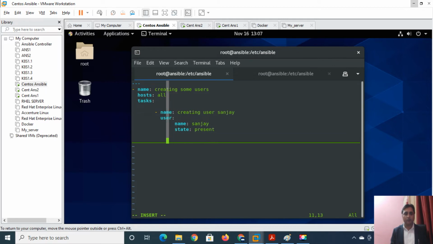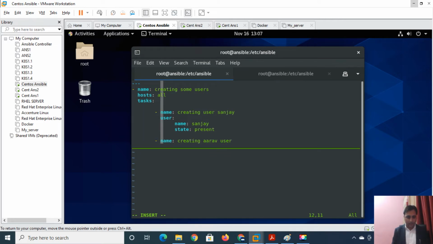Next, I want to create another user. Name it creating RF user. You can define any name, but the name should be relevant. Again I am calling this user module, that means I am repeating the task.